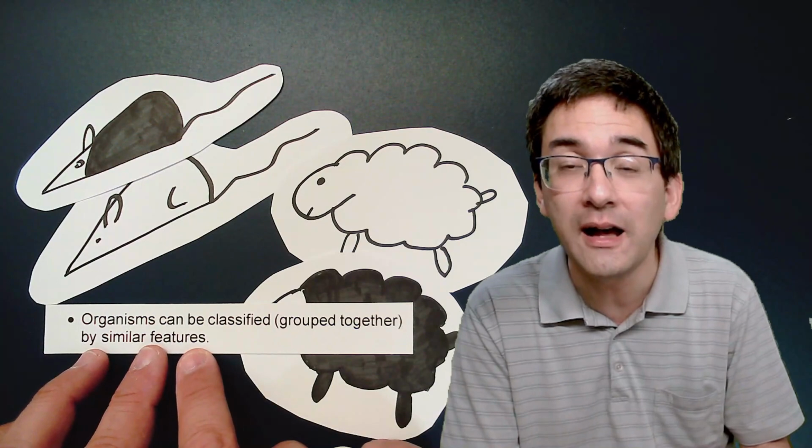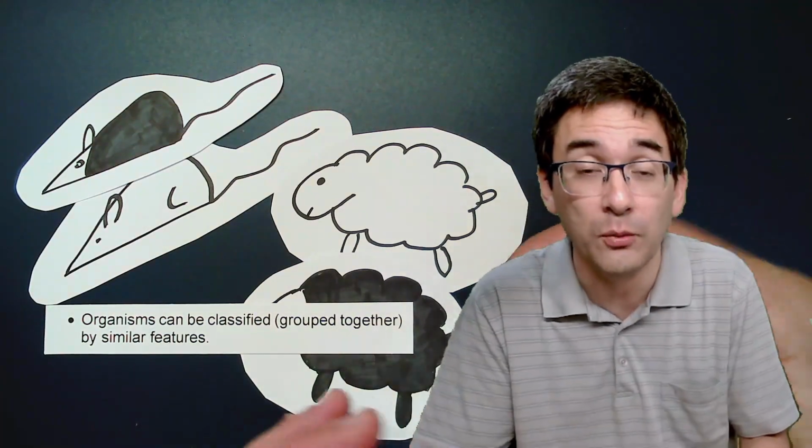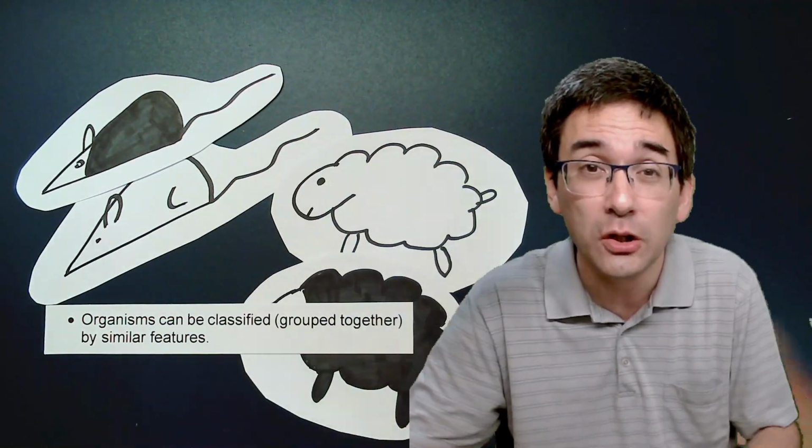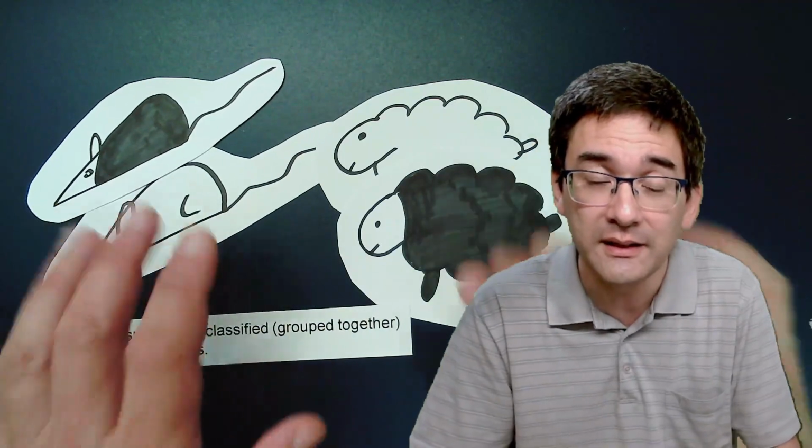Similar features means there have to be many features and not just one feature like color, or whether it's furry, or whether it has a long tail or size. You can look at many of them. Okay. And then once we've grouped them together, like this,